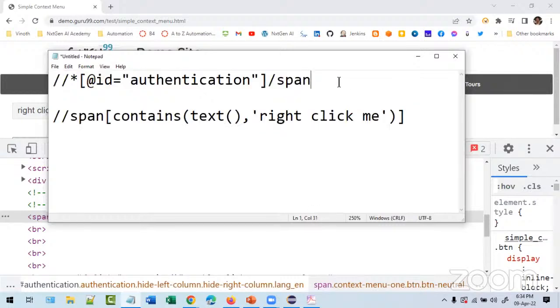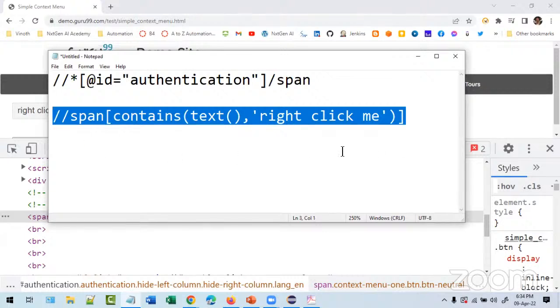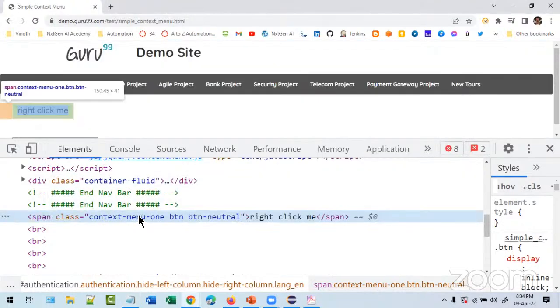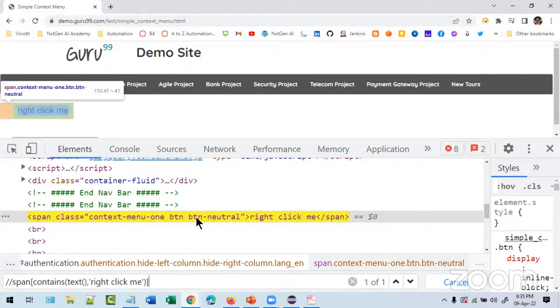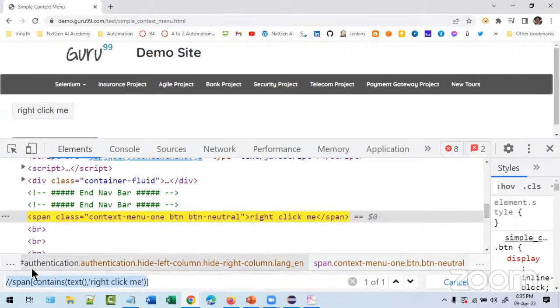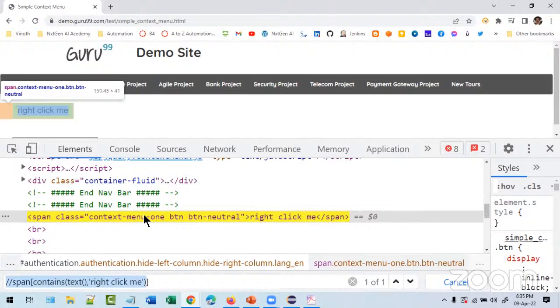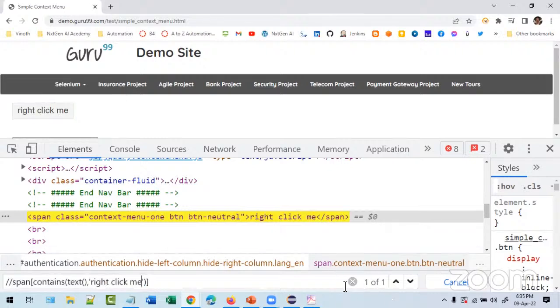This is the one the Chrome browser is giving, but this makes sense. By seeing this, someone can understand. So click here, press Ctrl F and paste it here. This is highlighting in yellow color. It means one of one, only one object is there, highlighting in yellow color. So if here it is highlighting in yellow, in the code it will work. If it is not highlighting in yellow here itself, then you are getting multiple values, which means during execution it will not work. So I will use this one,